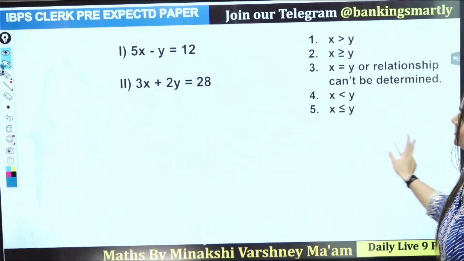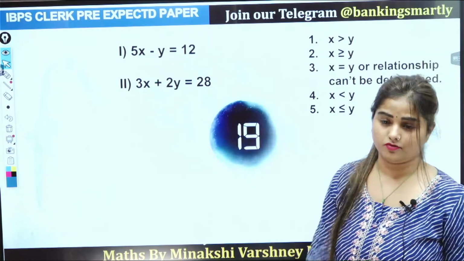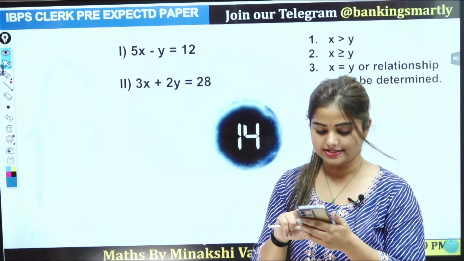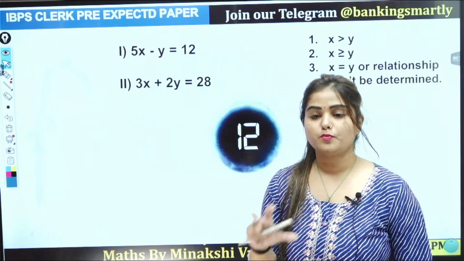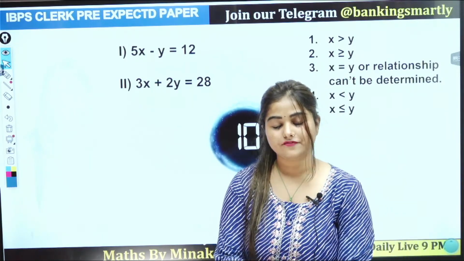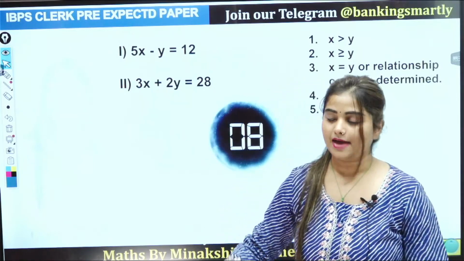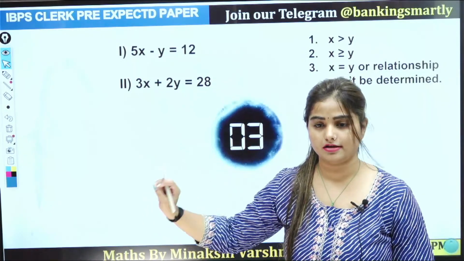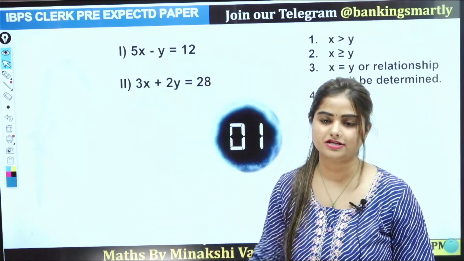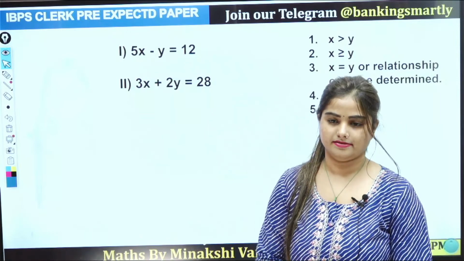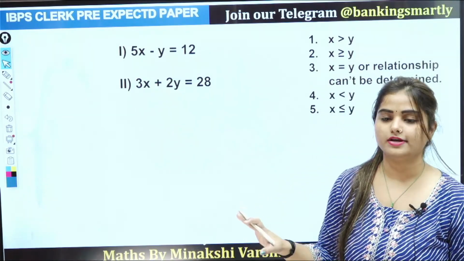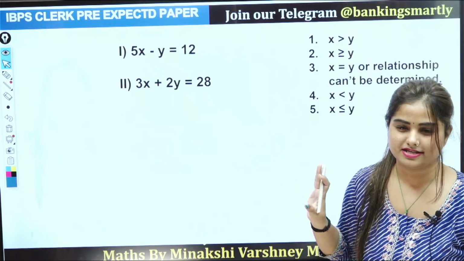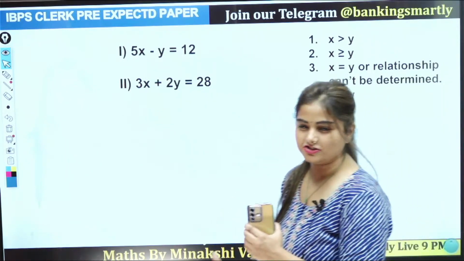Next. This is linear equation, okay? Waiting for the main session. Okay, if the response is good, guys, then I will definitely start your main session. I'm starting with this session because your examination is on 3 September or 4 September. That's why I'm taking this session on Sunday. I'm thinking to take the main session today, but then I think that IBPS Clerk is here, so we have to make one mock test session for it.